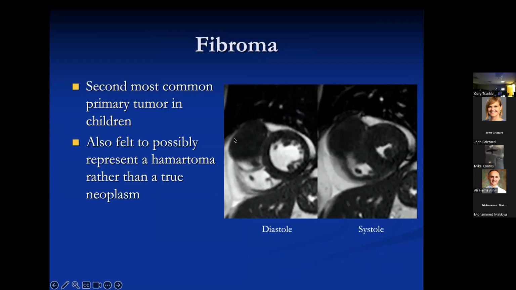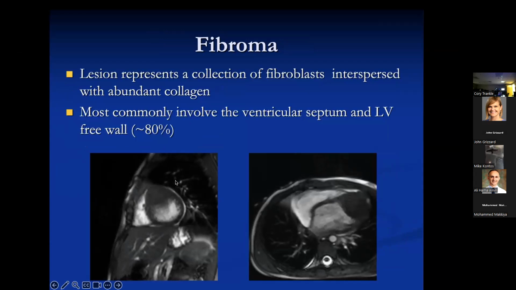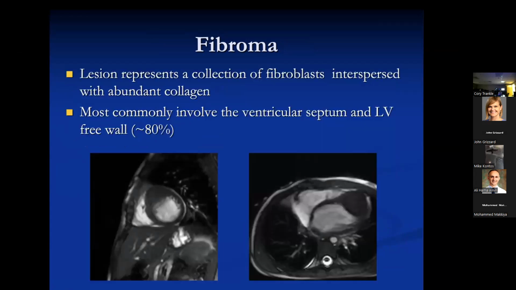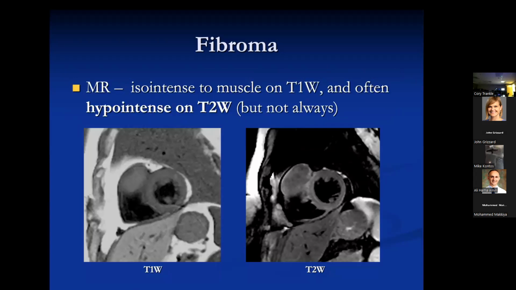Here's one that's involving the anterior right ventricular free wall in diastole and systole, the second most common primary tumor, but they're frequently seen in a little bit older population. That is, maybe a third will escape into adulthood. I'm sorry, 20% will escape into adulthood, and the mean age is actually close to 13. They can be seen just like rhabdomyomas. They involve the ventricular septa and the free wall. I don't think those locations help much with the differentiation. But fibromas are almost always solitary. They're not multiple. They're seen not in kids with tuberous sclerosis, but rather in kids with Gorlin syndrome.